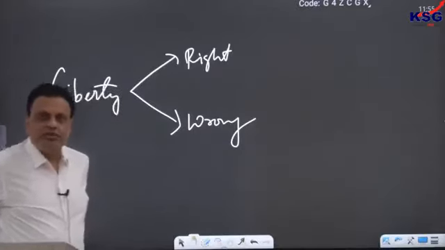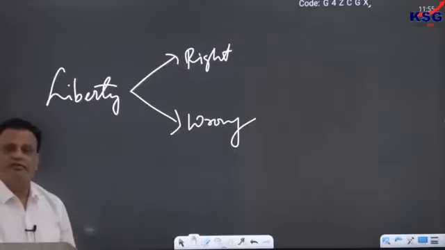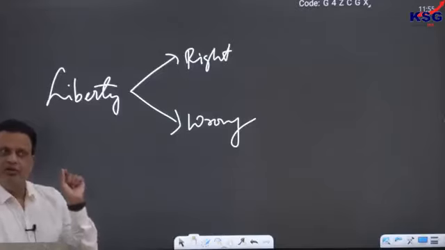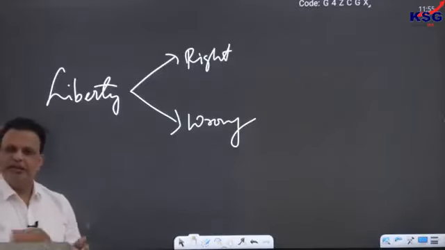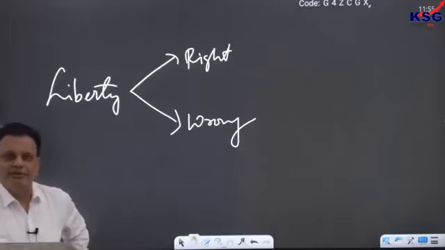At the time when Mill was there in Britain, talking about liberty like this, there was another great philosopher also there in France, Voltaire. I hope all of you must have heard his name. Voltaire was considered perhaps the greatest philosopher and author of France in that age. He was often known as the intellectual father of the French Revolution.